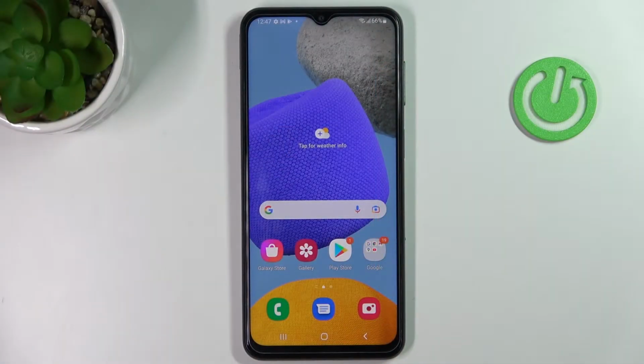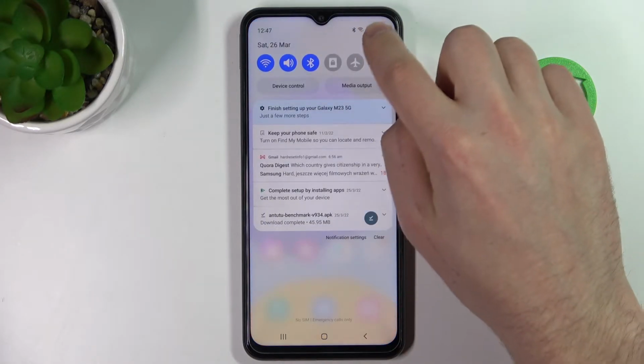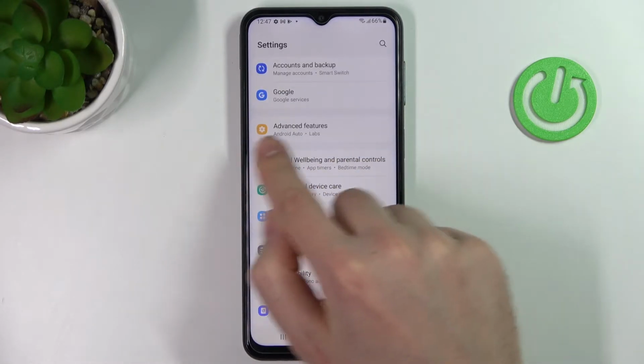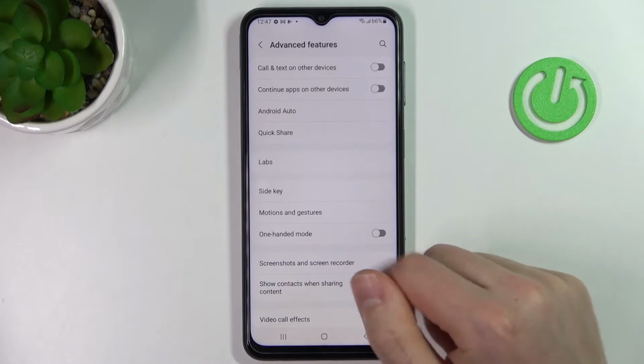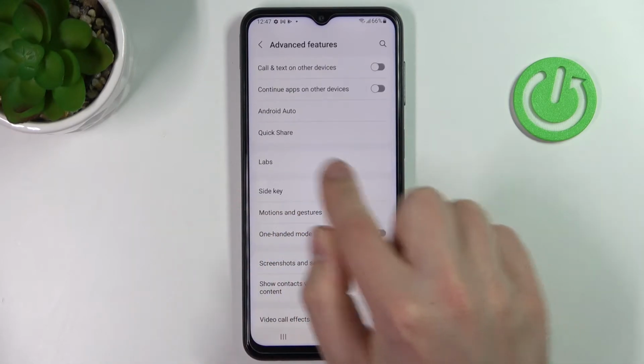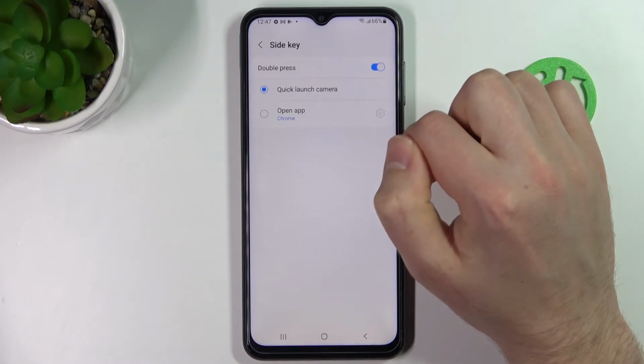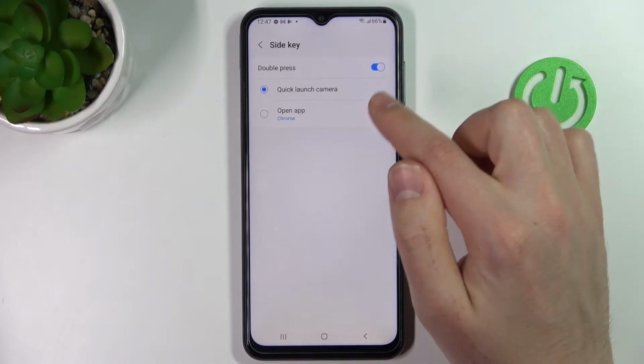Welcome, today I'm showing you how to customize your quick launch on a Samsung Galaxy M23. Firstly, open your settings, then scroll down and go into the Advanced Features option. Here go into the Side Key option and now you need to click here to activate your quick launch, and then you've got